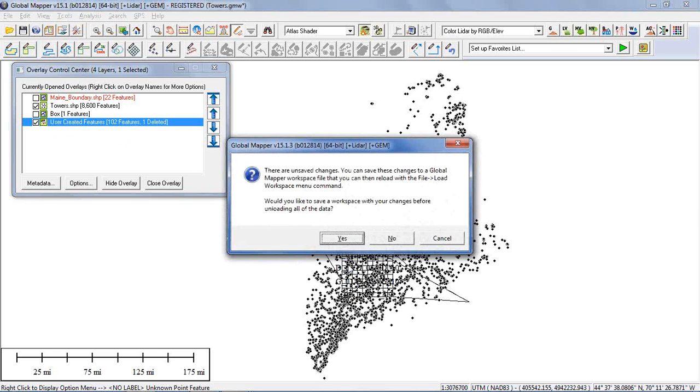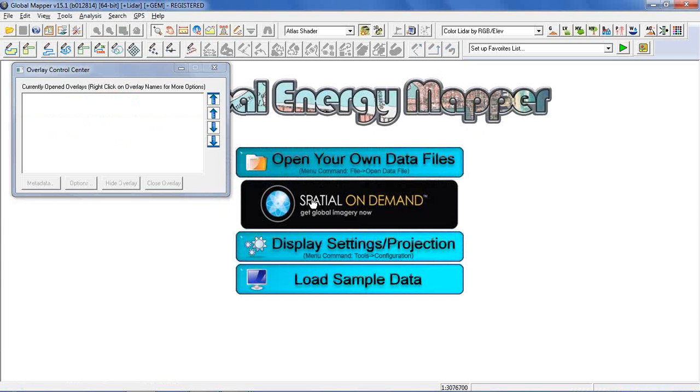One more thing I want to talk about today before we wrap up, and I mentioned this already. I know the question came in about the raster calculator. There have been some changes made to the raster calculator. It's a new tool, new in 15, but we've already enhanced it significantly. So if you have been using it in the standard version of 15, 15.1 is going to give you significantly